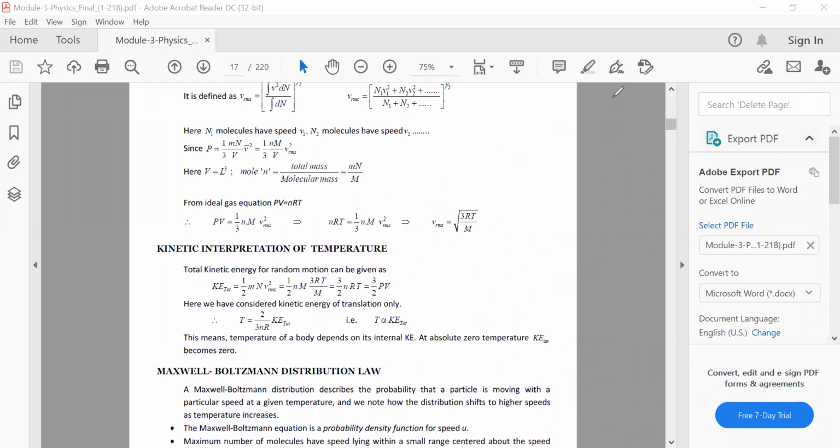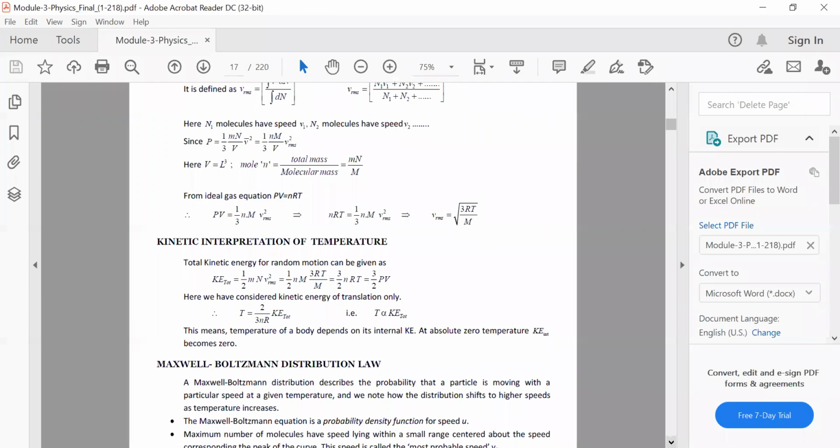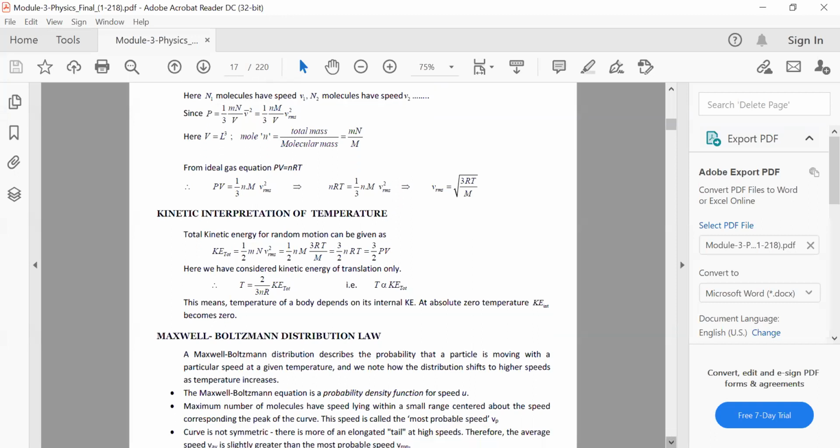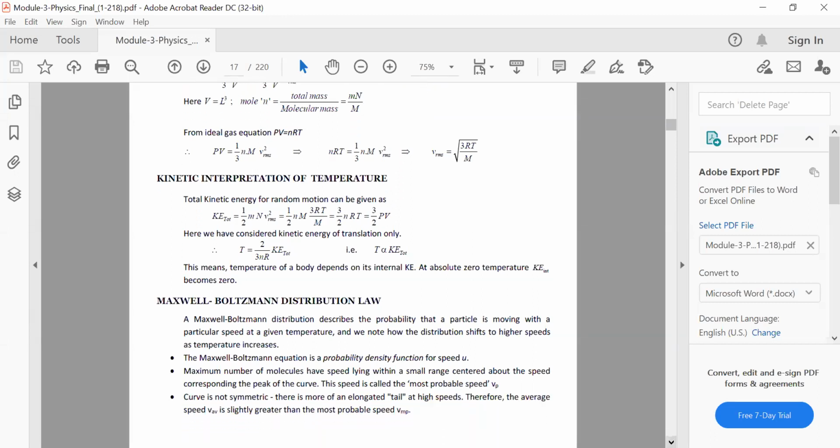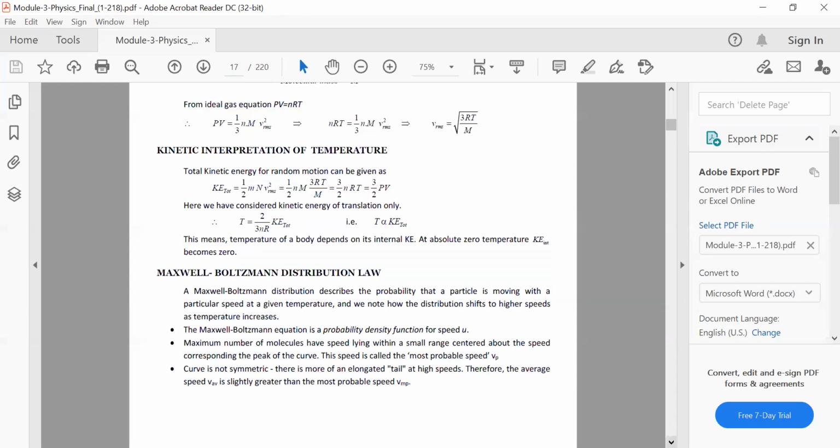Okay. Now there's also this additional thing in kinetic theory of gases which is not so important from exam point of view, but it's called the Maxwell's distribution curve, or the Maxwell distribution law. So let's just go through that quickly once. Okay. Especially from your college exams point of view, you might need to know this.